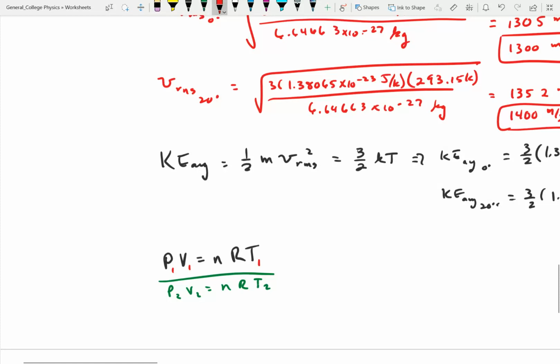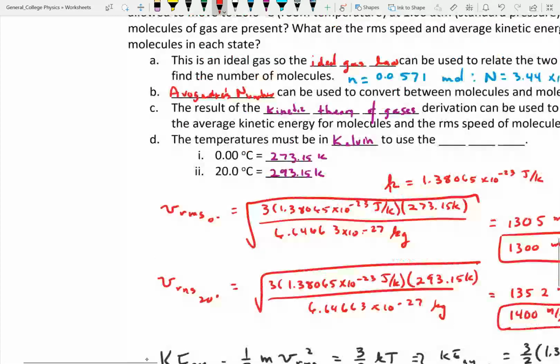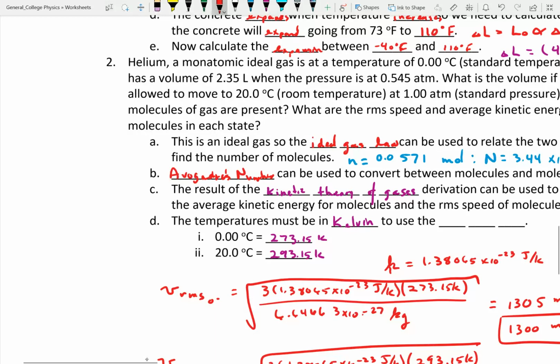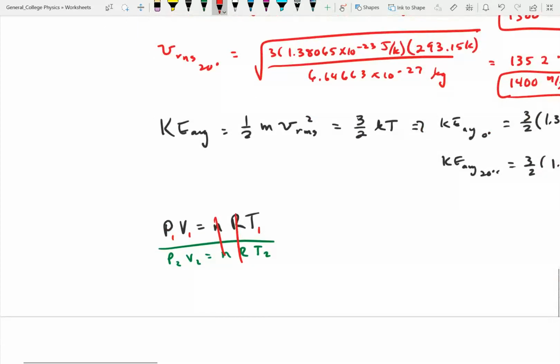The n's and R's are going to cancel. And so I have a simple relationship between pressure, volume, and temperature. This works for any ideal gas, right? We were given the original temperature, pressure, and volume, and then the final temperature and pressure, so I'm just looking for that final volume. So solving this for V2,